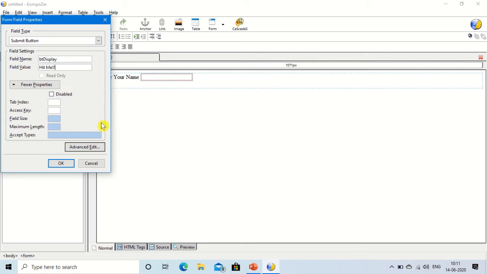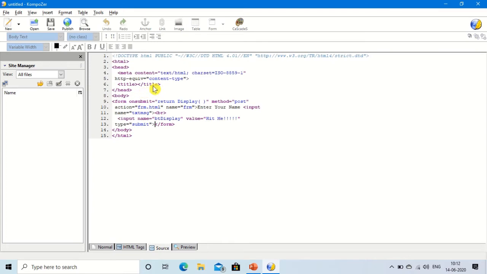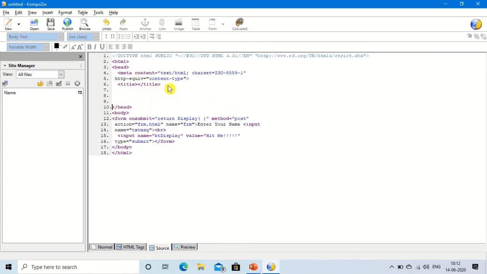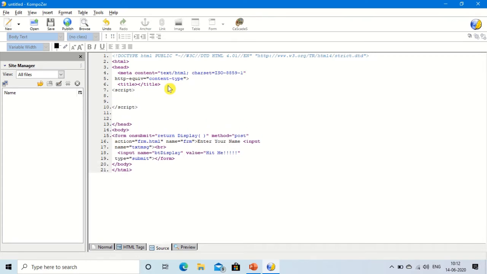So that will appear on the button. Click on the OK. Now we have to define the function. So go to the source, make room in between opening and closing head, and here you write a script. As we know, script is used for creating the scripting language that is called JavaScript. Then define the function.